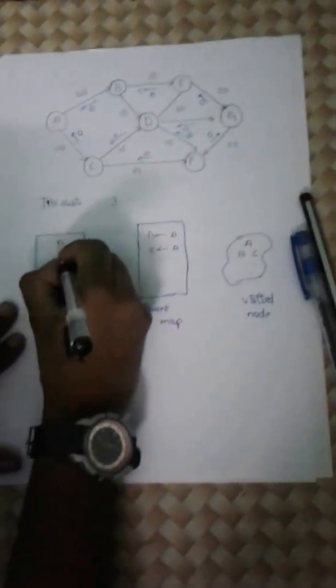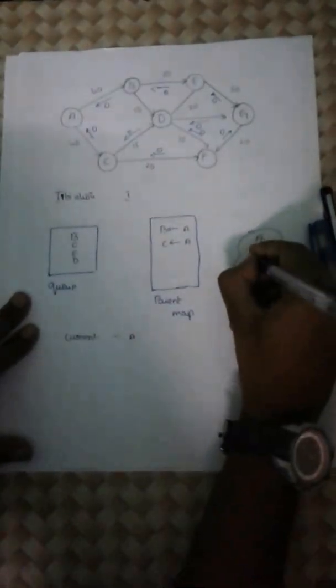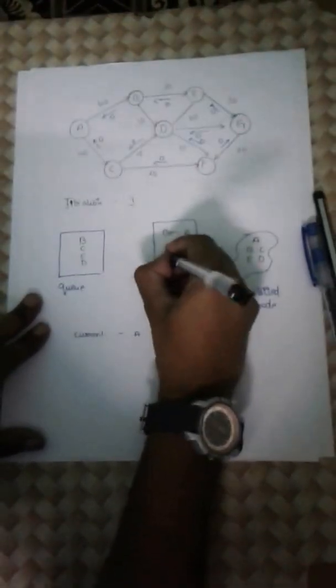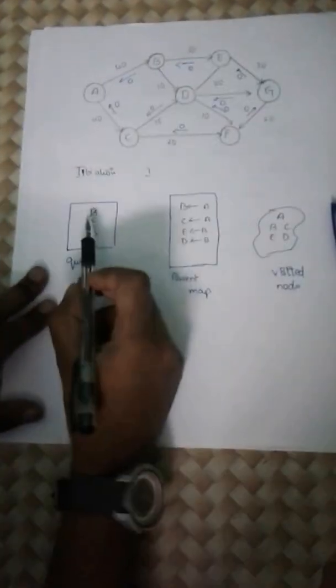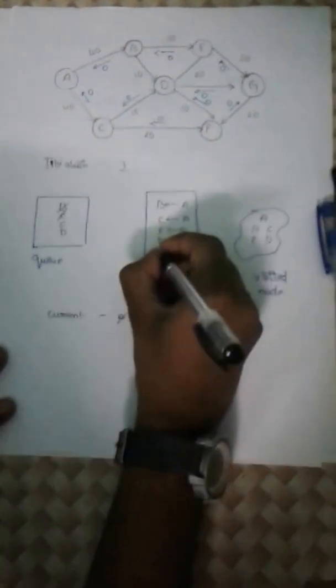Now from B we can move to E and D. So I'm going to visit the nodes E and D, and E is from B and D is also from B. So I'm going to cut this, and I'm going to cut this. Now if B is over, then we go to C. I'm going to cut the C. Now from C, it can move to F and D. Already we have gone through D, so we are just going to enter F.